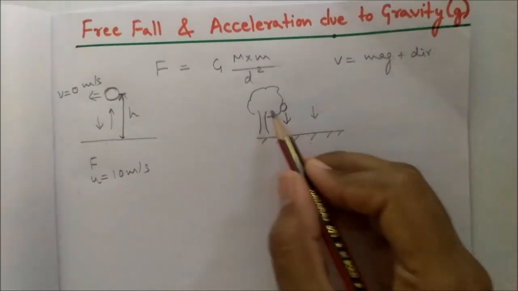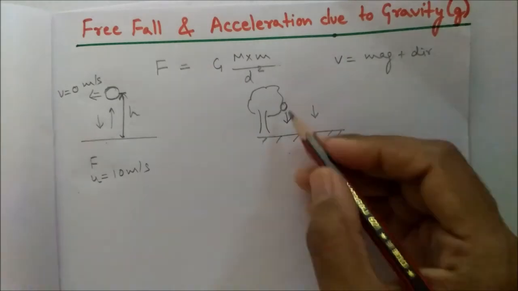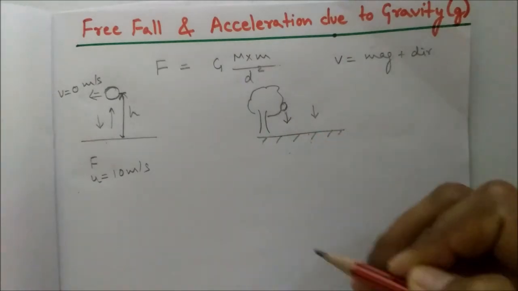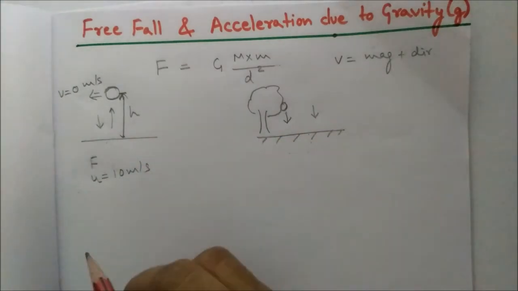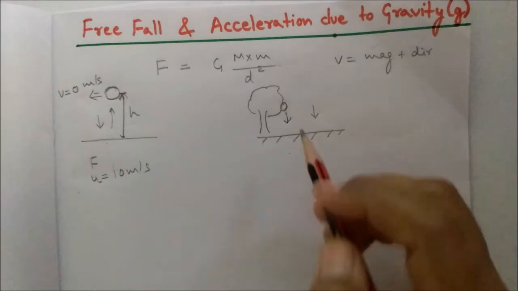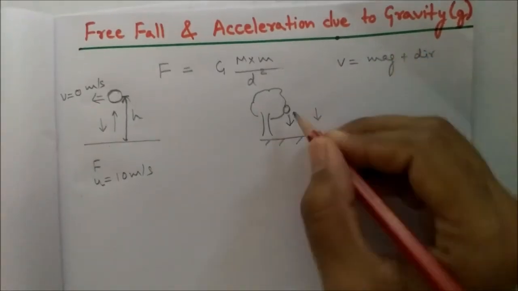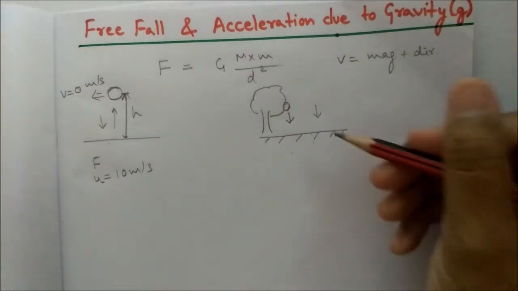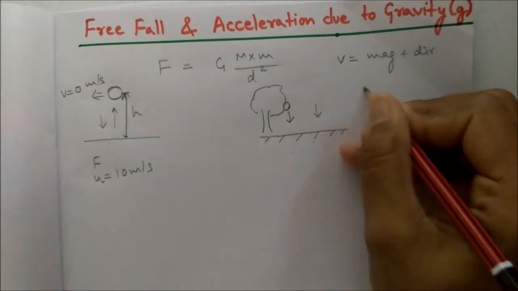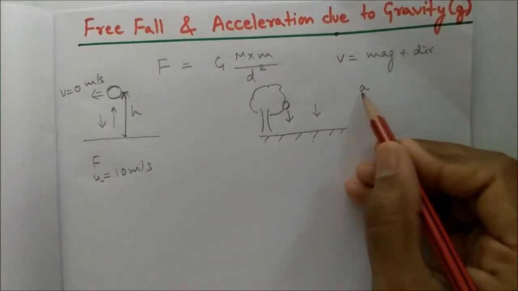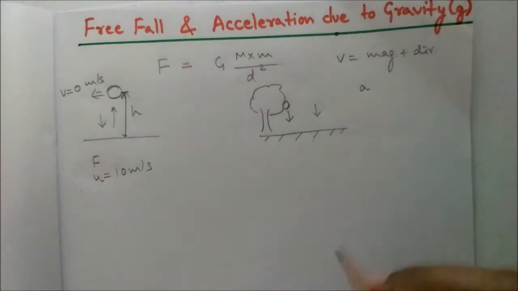That means here, due to gravity, there will be an acceleration in the motion, isn't it? And here there will be retardation in the motion. Okay, so here the acceleration will be called acceleration due to gravity, because no other force is being applied. So the acceleration is what? A, isn't it? And this acceleration is only due to the gravity.